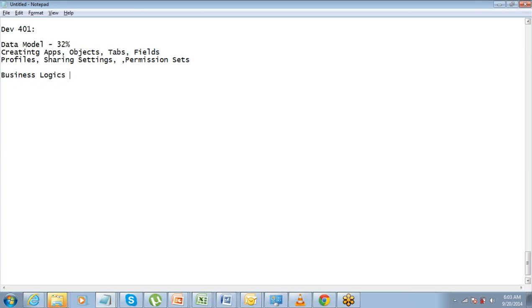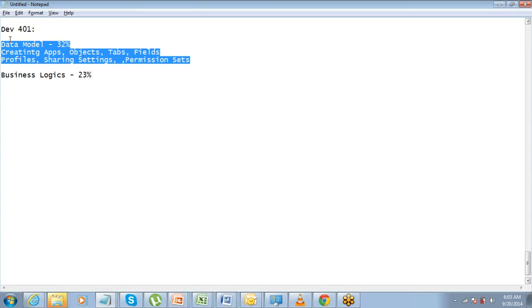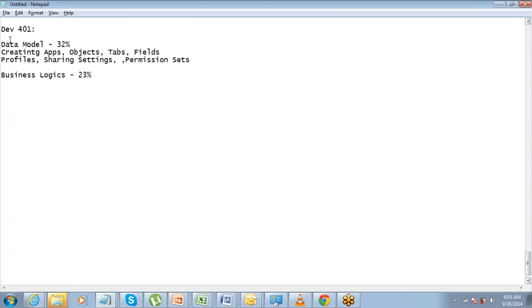Anyone? So that's a kind of sample question that you can have from this data model section. They will give you certain scenarios and put questions on that, and you have to answer that. So what is the answer? If I disable the application, do the users still get to see the tabs under that app?